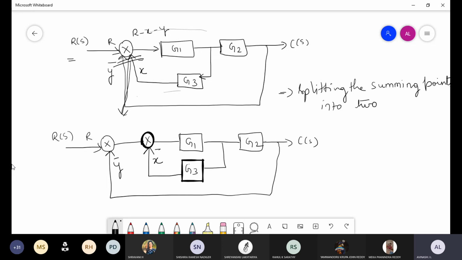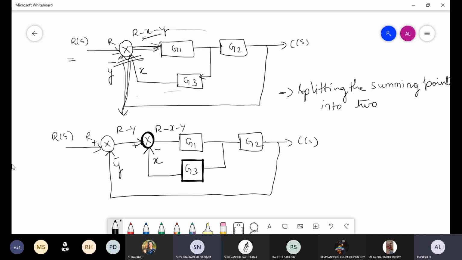Because internally I can see that there is a feedback, minor feedback loop. Okay, why? Because G3 is going in the reverse direction. So now if I write the value here, R minus Y is coming. R minus Y is fed here. It will be a positive sign because nothing is there means what? Positive sign. So here R minus Y minus X. So I can say that R minus Y minus X is R minus X minus Y. Same thing, correct? So same value is going to the G1. So G1 should get R minus X minus Y. Same thing is coming to G1, correct? Yes or no? Yes, sir.